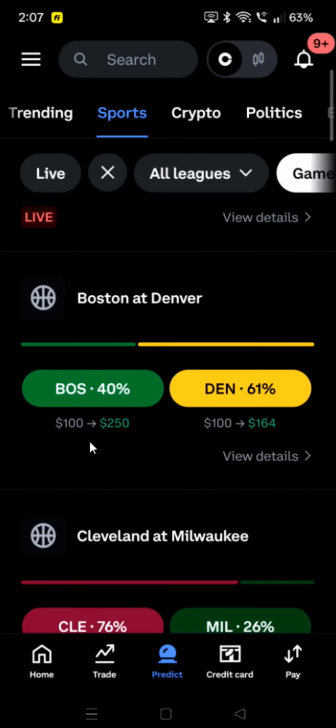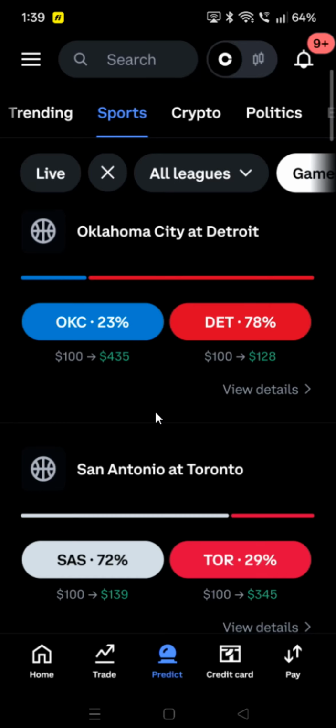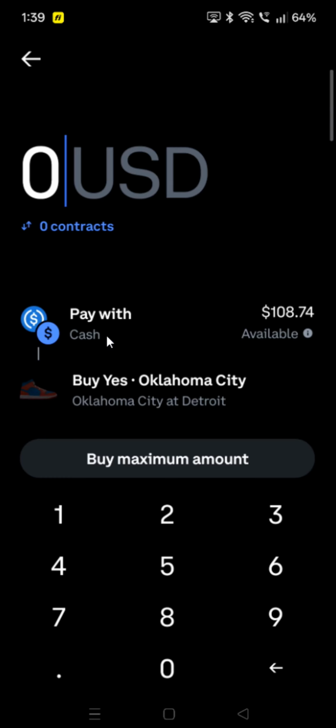And that is the amount that you're looking at to cash out if the side that you're taking comes through. So let's say, for instance, I think maybe Oklahoma City has a better shot than the 23% that they're currently trading at. So if I select Oklahoma City,